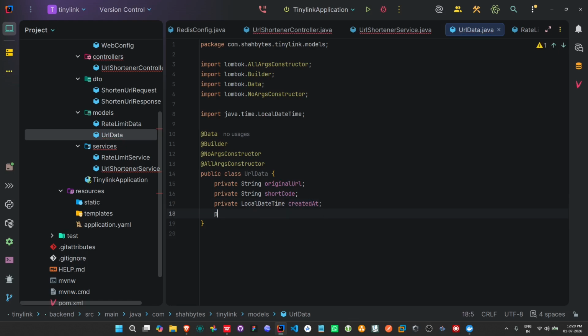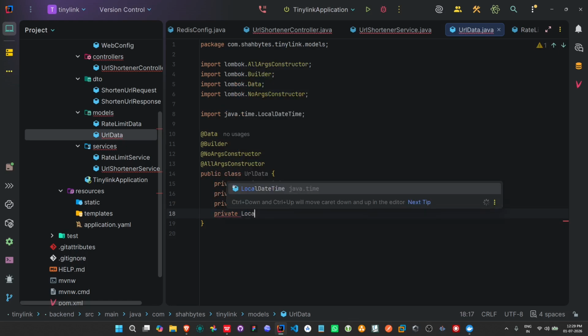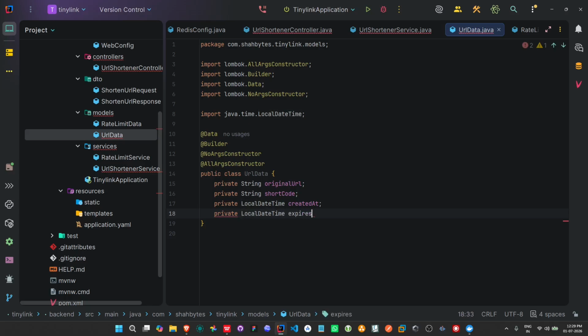Created at, and we are going to have expires at like this. And what else should we have? We should have a particular click count for that short code, because when the link is created, how many users have clicked through it, we need to note that too. So let's add that private int click count,